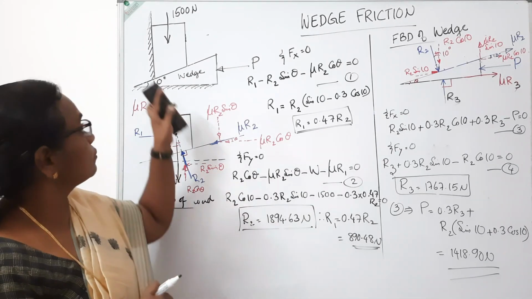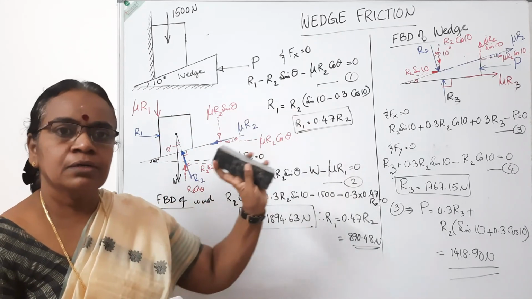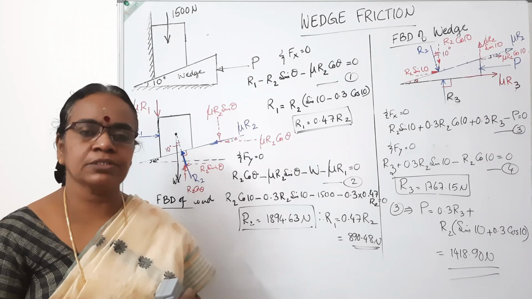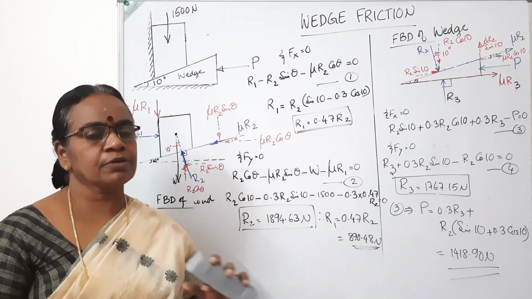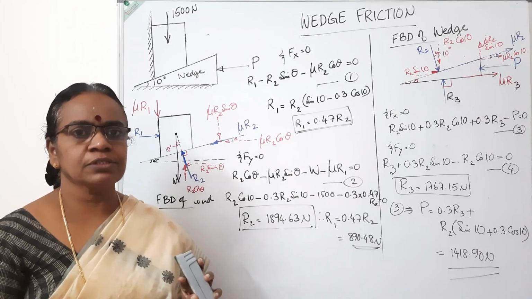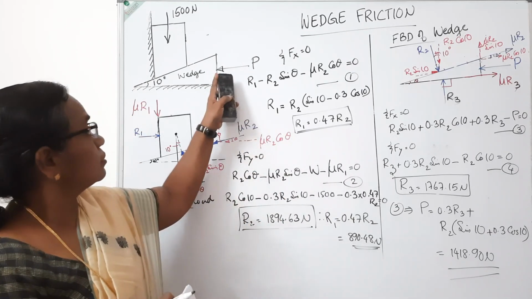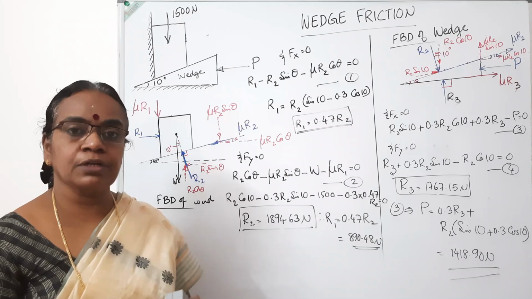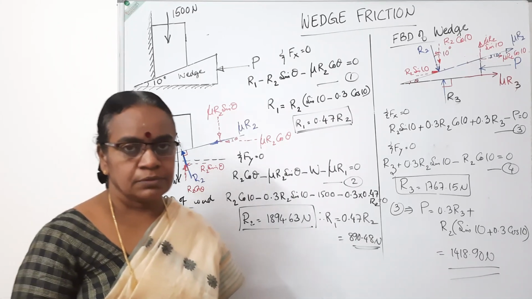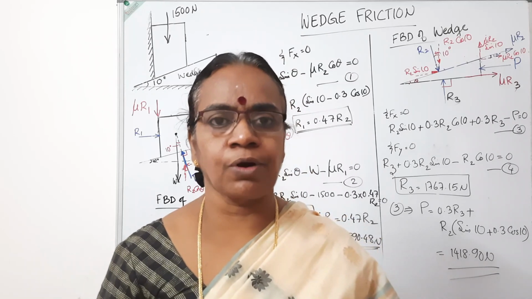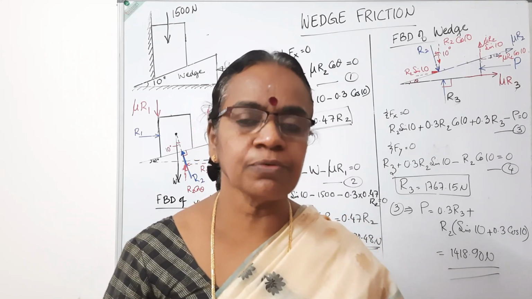So consider the free body diagram one by one. Resolve the forces which are not in the usual x and y directions. Write down sigma Fx equals 0, sigma Fy equals 0. We can get all the contact reactions as well as the force applied on the wedge. Thank you. In the next video we will see another numerical example on wedge, which is a university question.